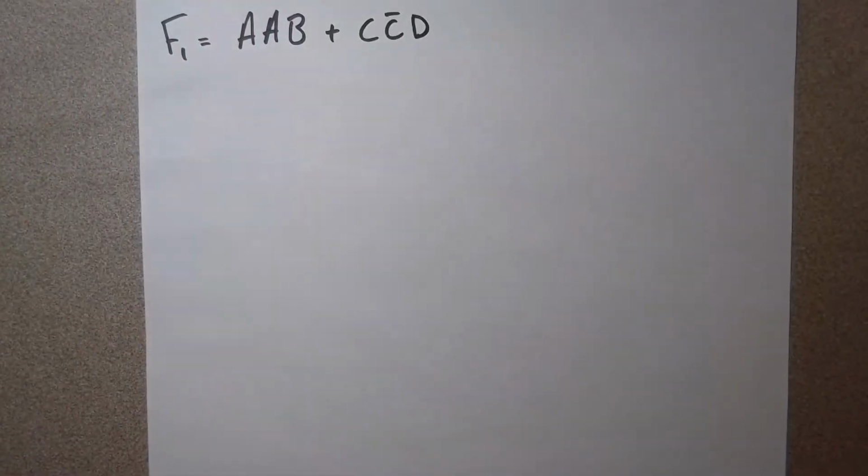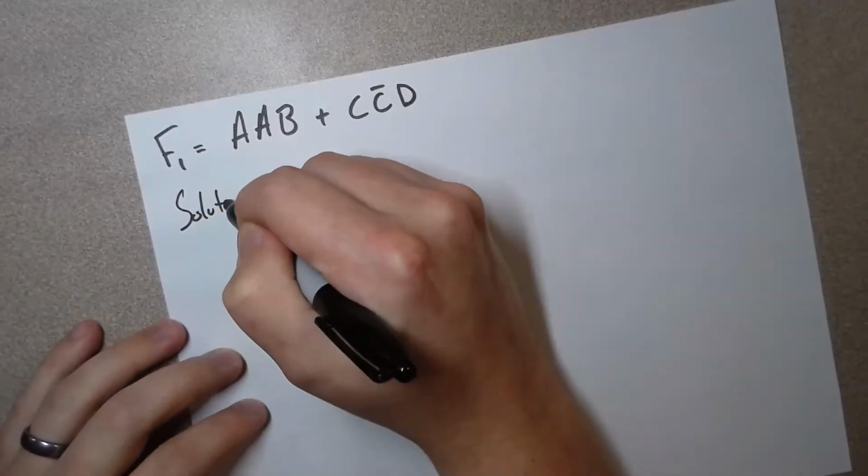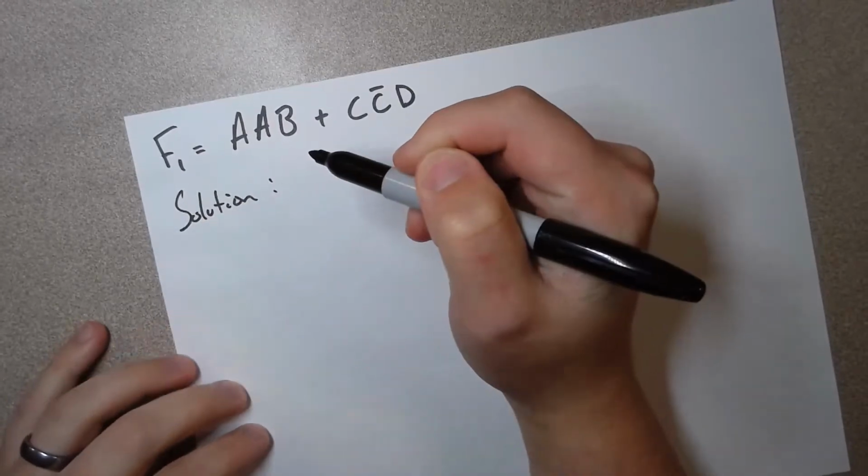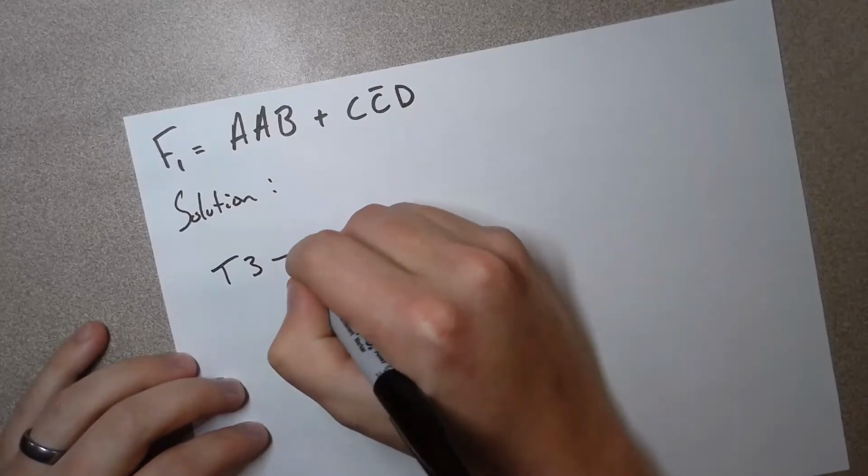If you have a logic expression, you want to simplify it so that you can use fewer gates to create your circuit. So this first one, we have F1 is equal to A and B, or C and not C and D. Okay, so if we're looking for our solution here, if we take theorem 3, we can say that